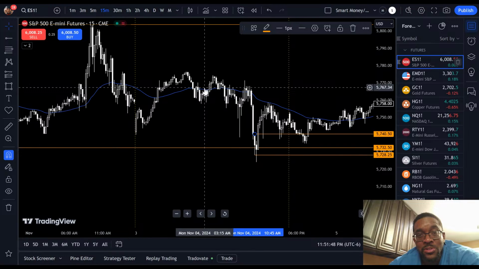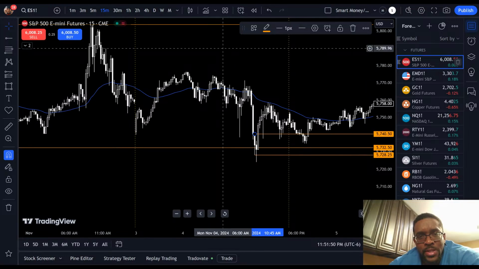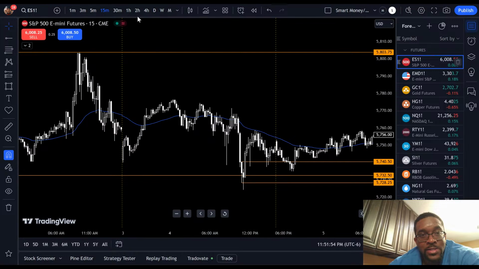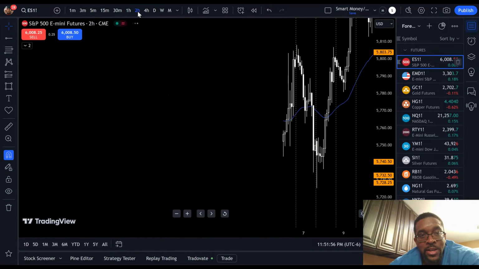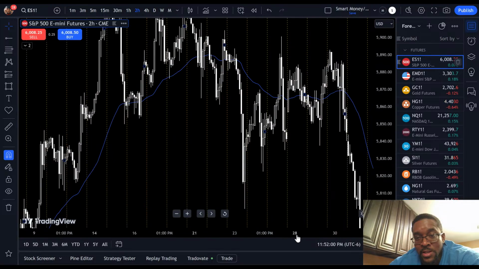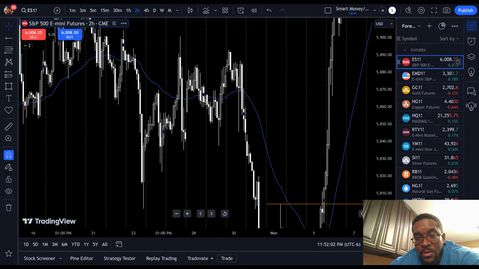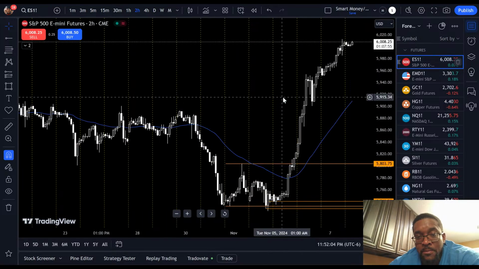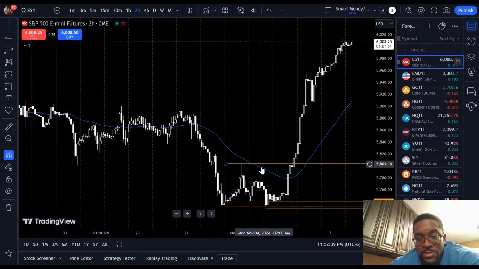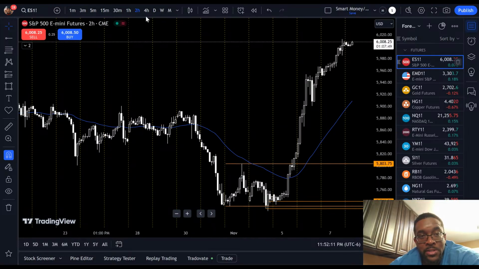And our target, now for this, the way they do it, the guys target that opposite range, that top side that we marked. A lot of times I like to target a high. Let me do this right quick. All right. So they like to target this high right here. Let's go back to the 4.